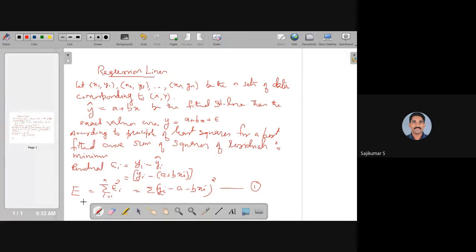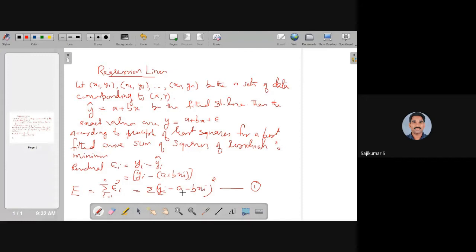So in equation number 1, the expression for capital E is the sum of squares of residual errors, or sum of squares of residuals. See that the sum of squares of residuals is a function of both a and b. So we can apply the concept of minimization or optimization. Here we are applying the condition for minimization of a two-variable function. For minimization, we have to determine the extreme values. For obtaining those extreme values, we equate the first derivative with 0. Here capital E is a function of a and b.